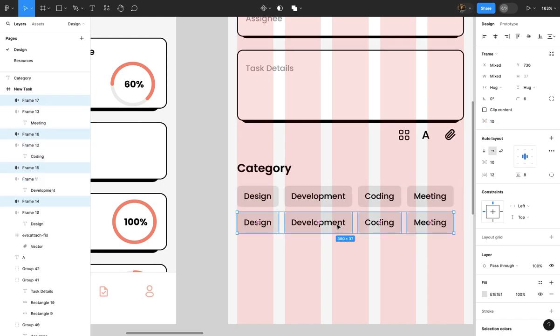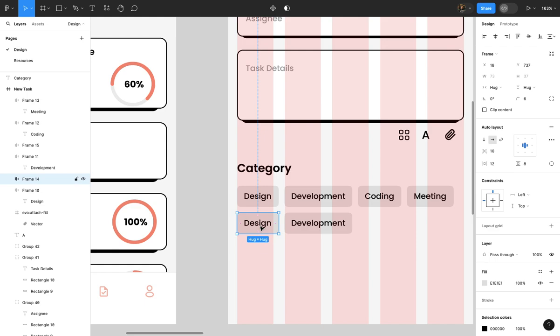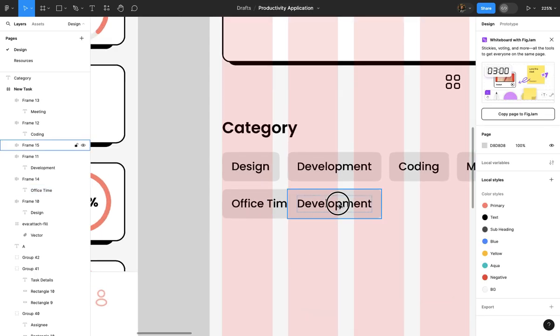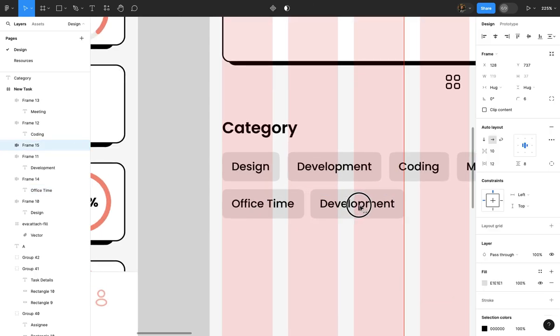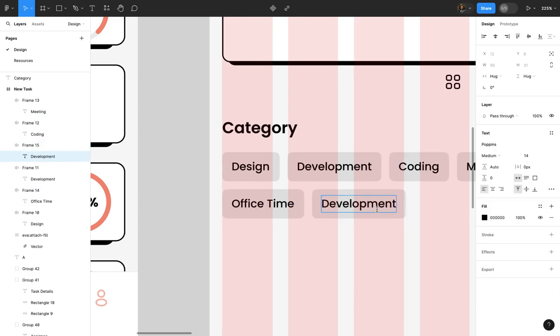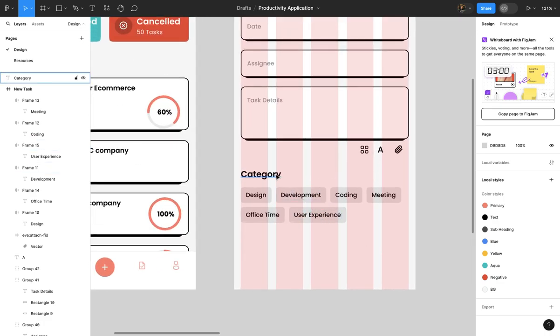Duplicate this, can delete 2 of them here, office time, spacing between them 10, user experience, great. Now one more heading